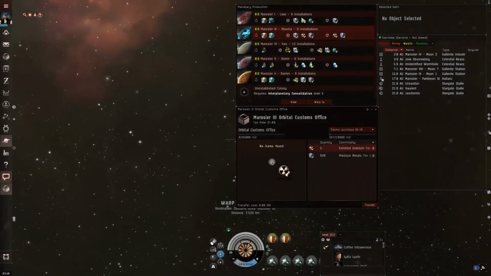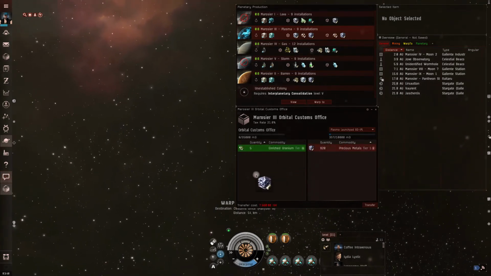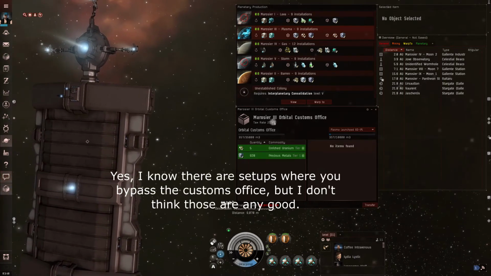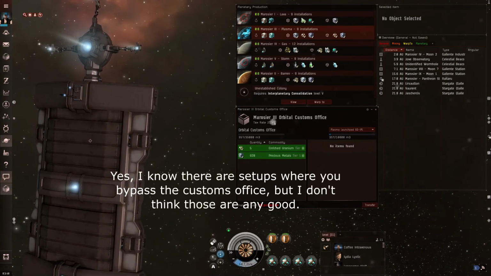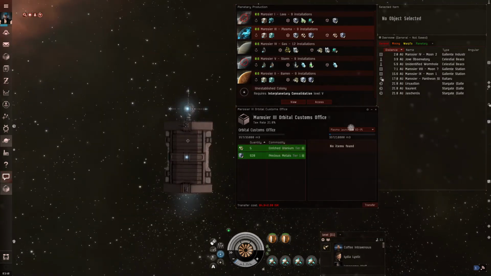So what I'm going to do is drag this over here. Now here's the problem, okay? Here's the problem with high-sec PI: the tax rate is exorbitant. People know what systems are good for doing PI stuff in, and they jack the tax rate up by taking over these customs offices. Now, if I take the stuff out of my launch pad, there's 5 enriched uranium and